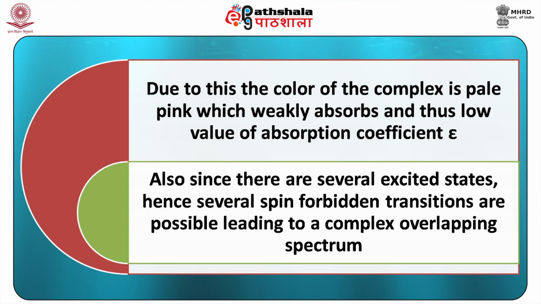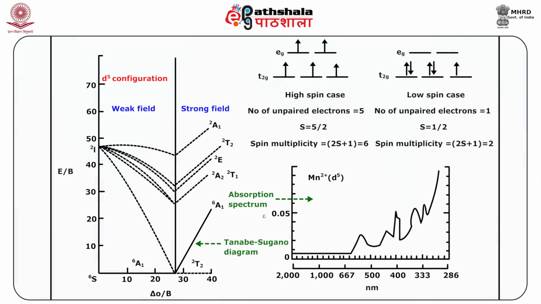Due to this, the color of the complex is pale pink, which weakly absorbs, and thus low values of the absorption coefficient are observed. Also, since there are several excited states, several spin forbidden transitions are possible, leading to a complex overlapping spectrum. In case we are talking about strong field ligands, there are again several transitions possible,